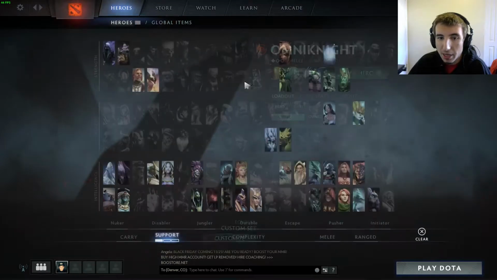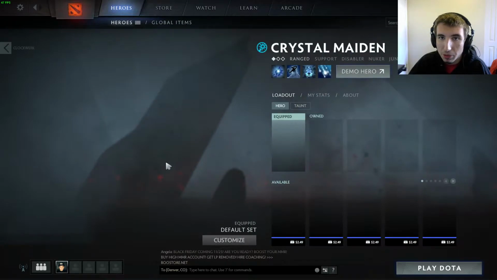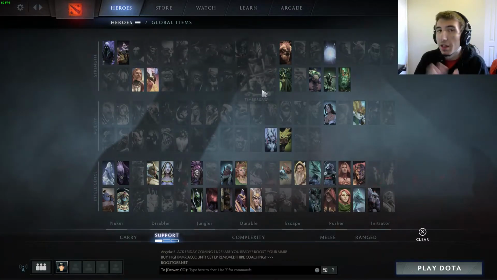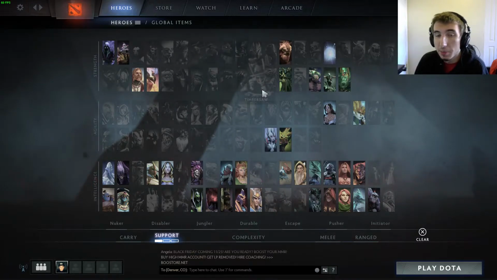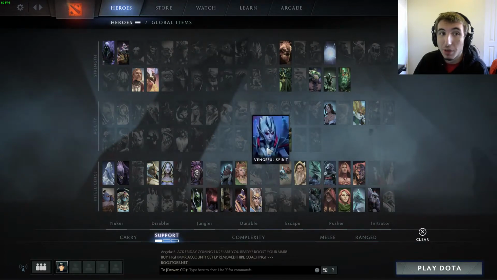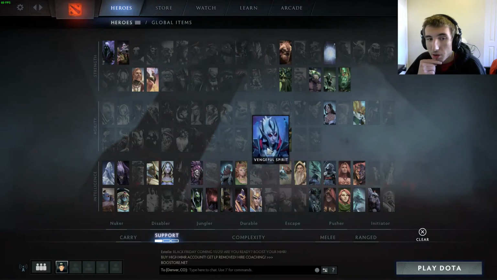Omni Knight's really easy. Crystal Maiden is really easy. Vengeful Spirit is really easy. So a lot of these heroes you guys can play. It's not like in my previous video I made it sound like you should only play Crystal Maiden. I had people ask me, can I play Sven if I want to play Sven? It's Dota, man. Have fun. That's pretty much all I have to say: have fun. I'm here to give you guys advice. When I started out, I played Vengeful Spirit a ton, and I still do play Vengeful Spirit a lot. So really good